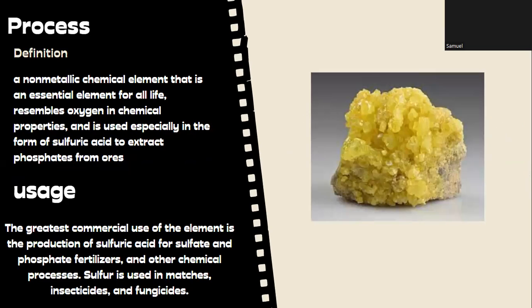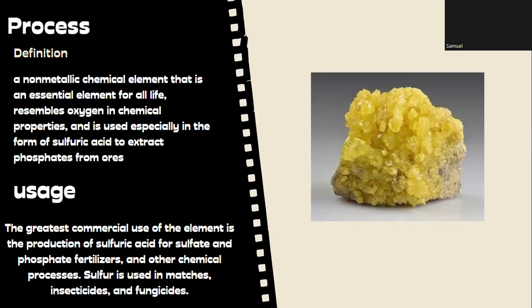Next, the definition: a non-metallic chemical element that is an essential element for all life, resembles oxygen in chemical properties, and is used especially in the form of sulfuric acid to extract phosphates from ores. The usage: the greatest commercial use of the element is the production of sulfuric acid for sulfate and phosphate fertilizers and other chemical processes. Sulfur is used in matches,